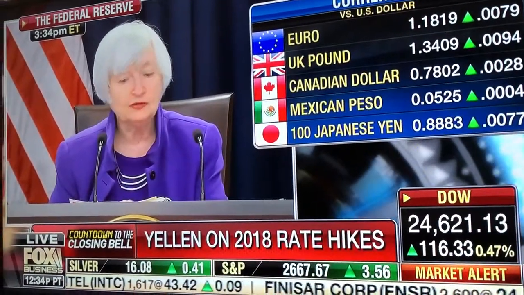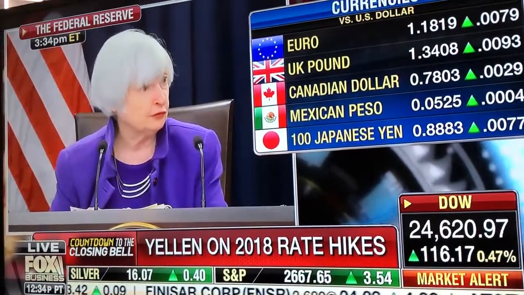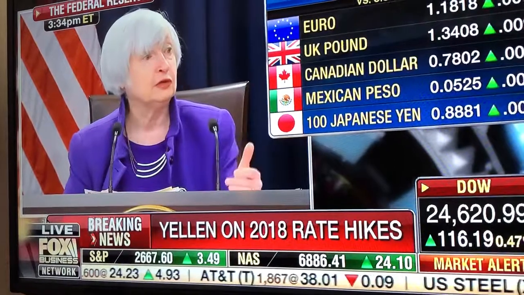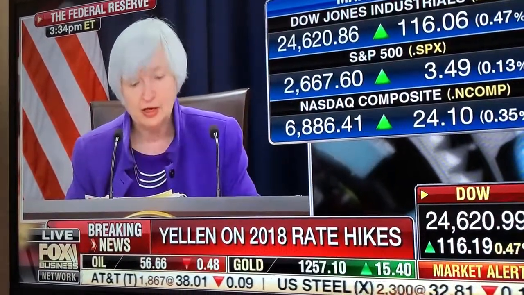The yield curve has flattened some as we've raised short rates. The flattening yield curve mainly reflects higher short-term rates. The yield curve is not currently inverted, and I would say that the current slope is well within its historical range. Now, there is a strong correlation historically between yield curve inversions and recessions, but let me emphasize that correlation